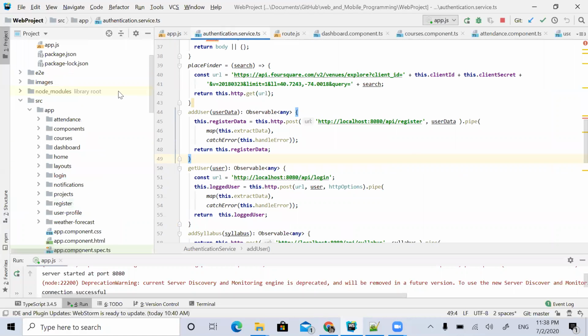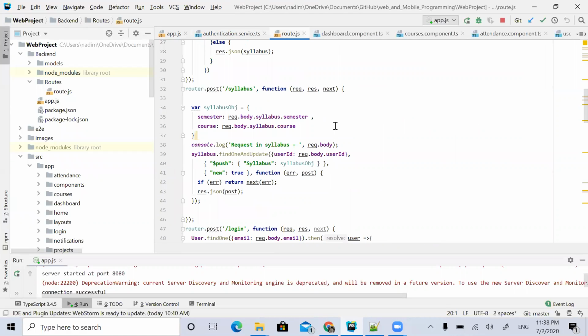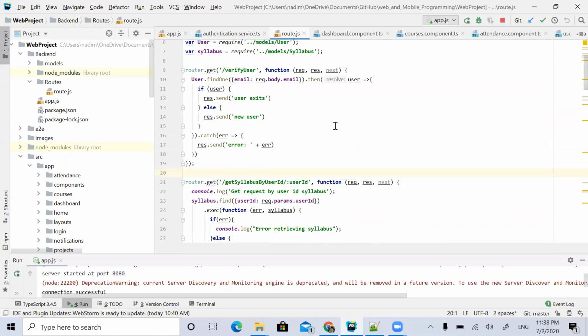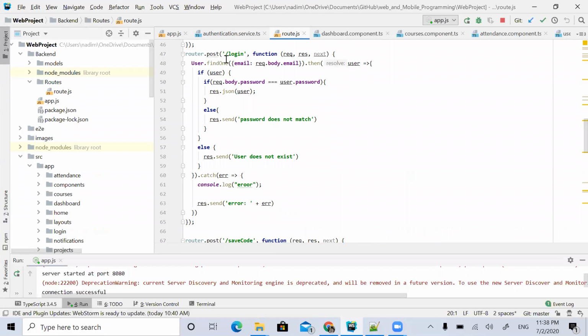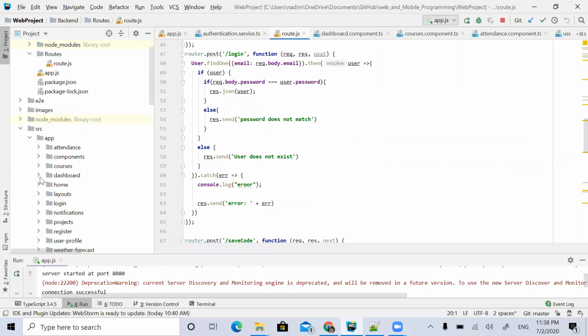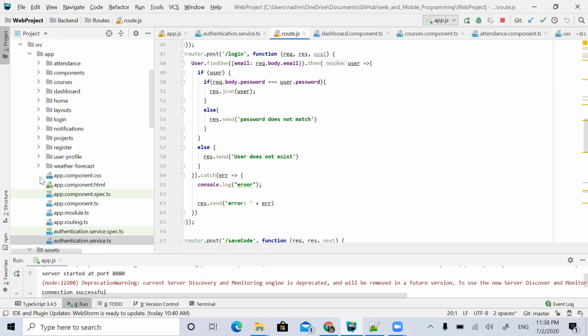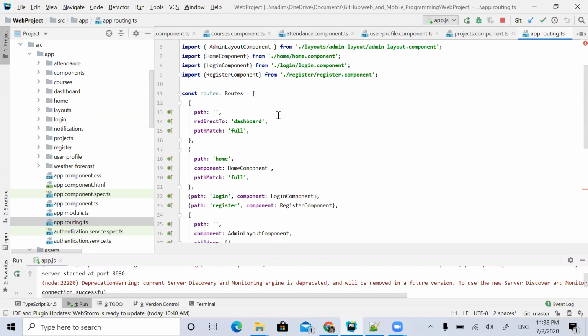In the routes, for getting the user I have used login, checking by the email ID. And yeah, this is the routing.